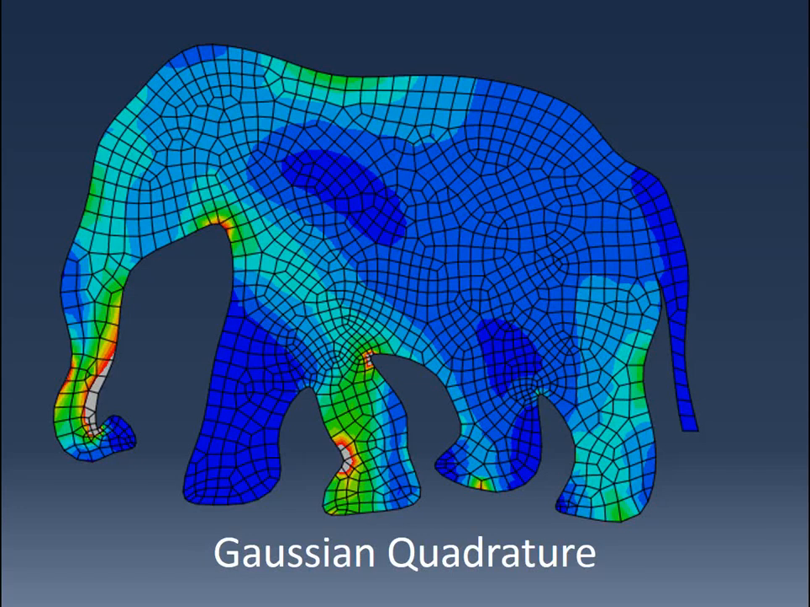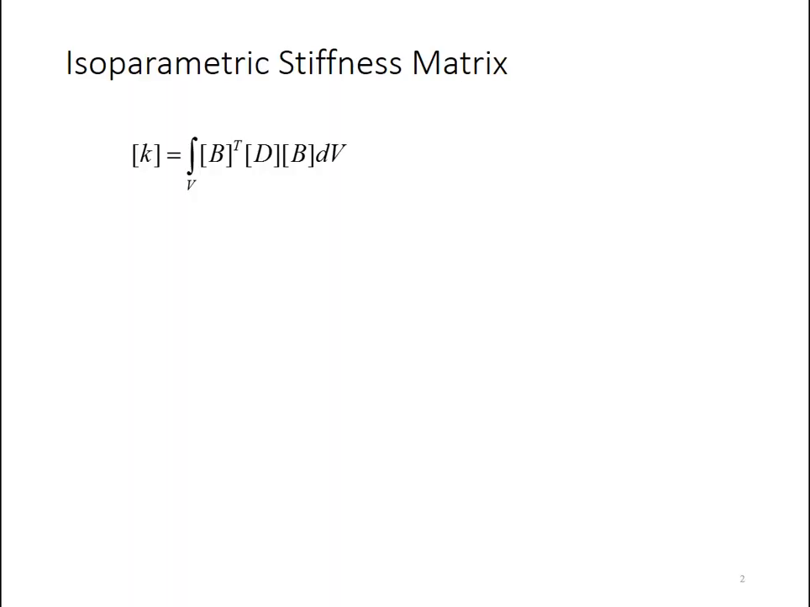This video introduces Gaussian quadrature as a method for numerical integration. Gaussian quadrature is an important tool for numerical integration in finite element analysis because every single element in a structure requires a stiffness matrix, and to get to that stiffness matrix you need to integrate over the volume of the element. So focusing on the isoparametric stiffness matrix, we know that it's equal to the integral over the volume of